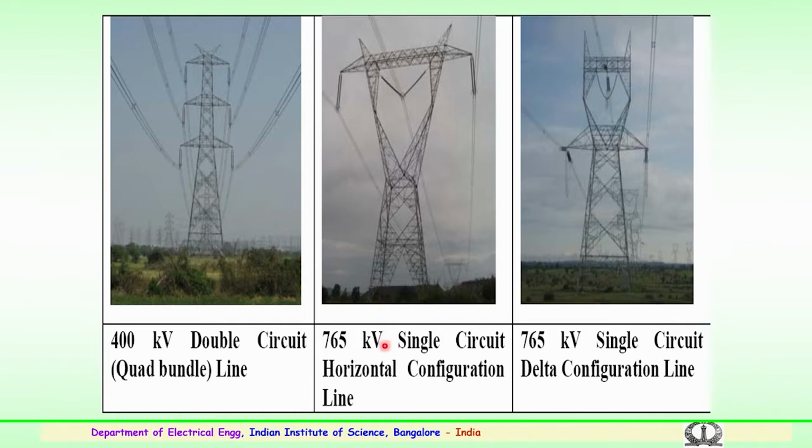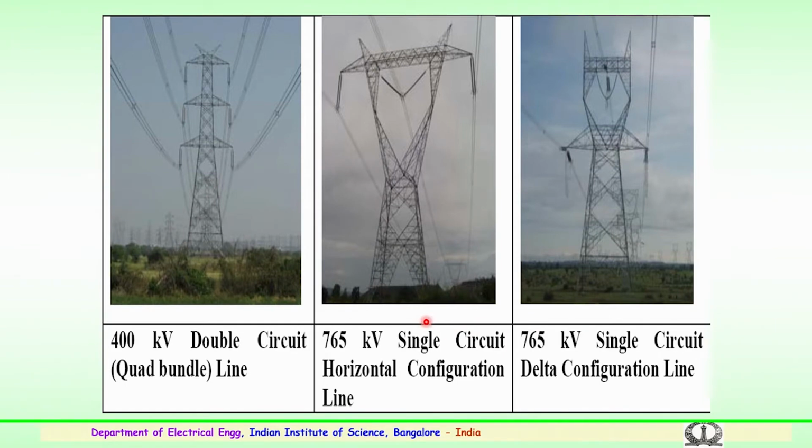This is again a tower configuration for 765 kV single circuit with horizontal configuration as shown. This is a typical delta type of configuration, again for the 765 kV. So, a lot of modifications and design aspects have been carried out over the period, and optimization has been done. This is mainly to see whether the right of way, which is 85 meters, required for a 765 kV